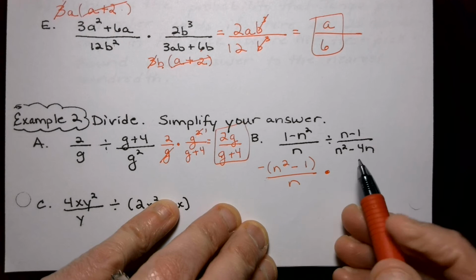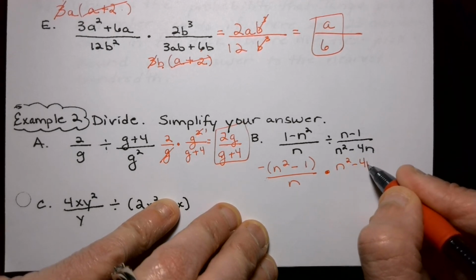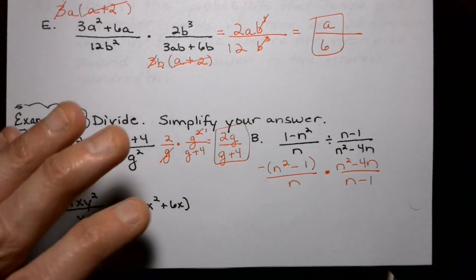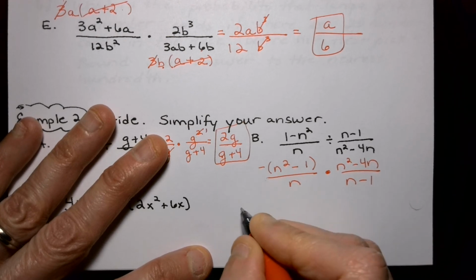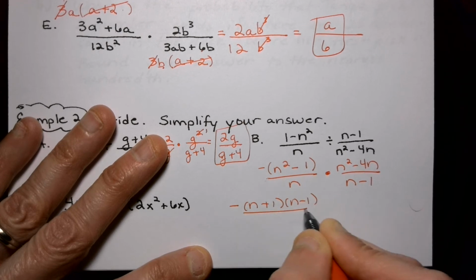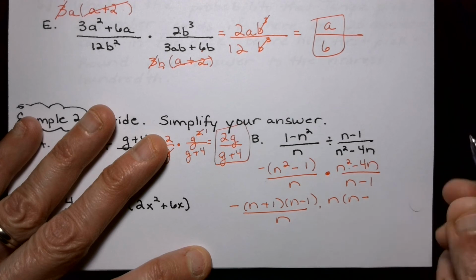Now I'm going to do this as well. So we're multiplying by the flip of that. Okay, and then now we begin. So that's a difference of squares. So it's a negative n plus 1, n minus 1, and n times n minus,